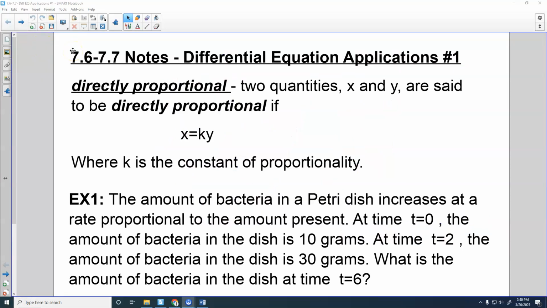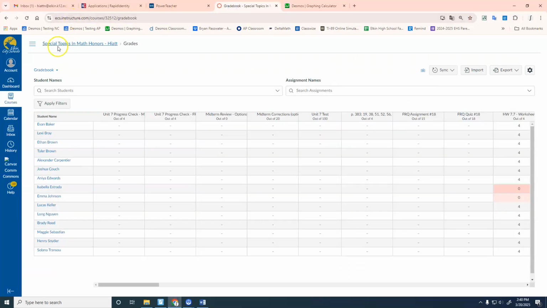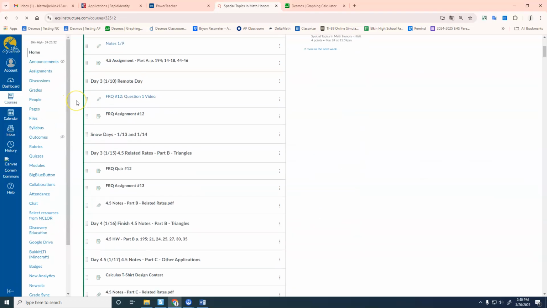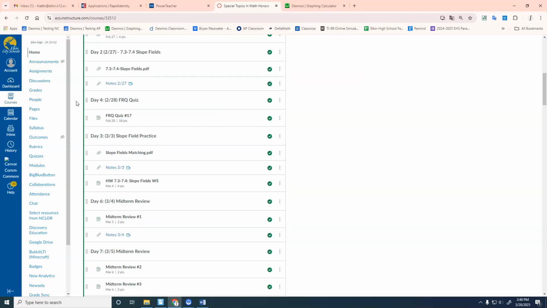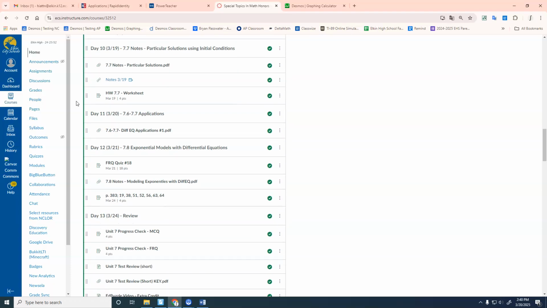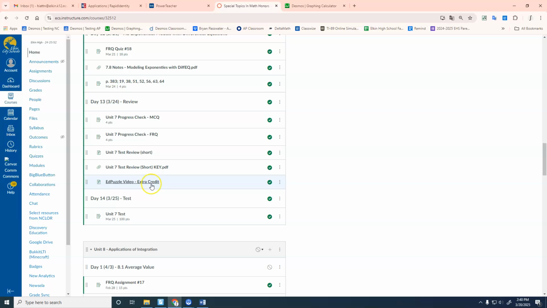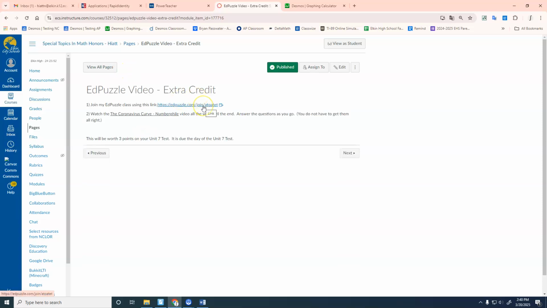All right, so differential equations have all kinds of cool applications. And I did want to show you this. I added this to Canvas, even though if it's an Ed Puzzle, I may have to go back in and reassign this to you. But there's a video from Ed Puzzle. This link's probably not going to work because it's old. But there's a video